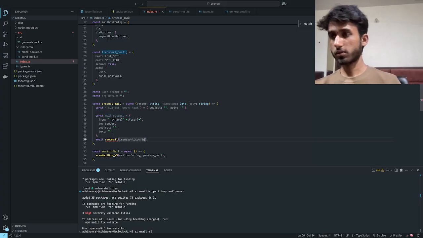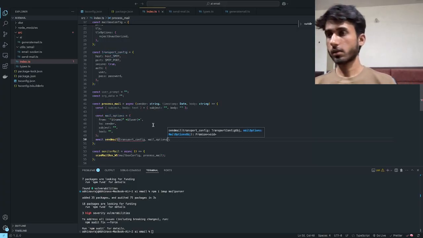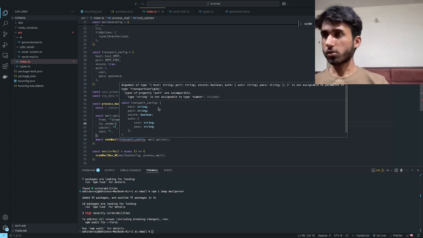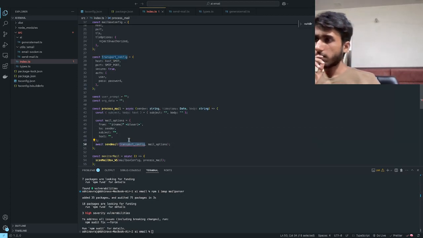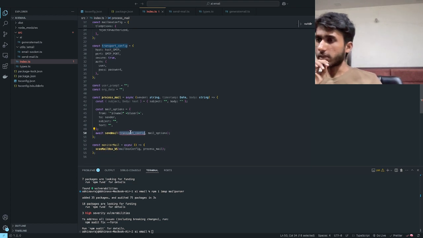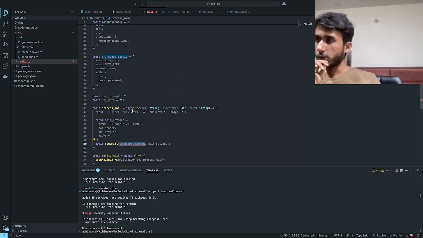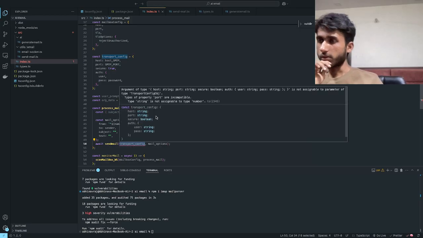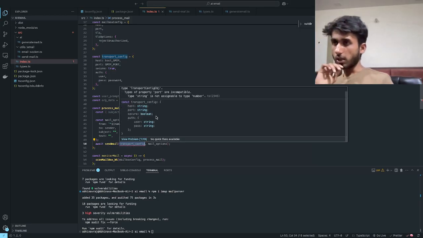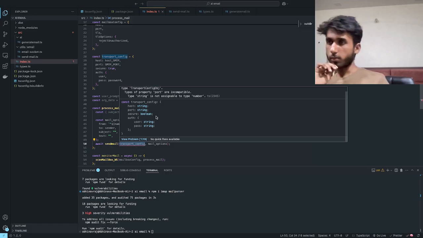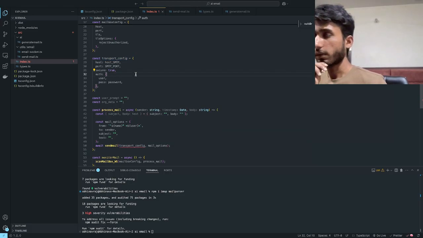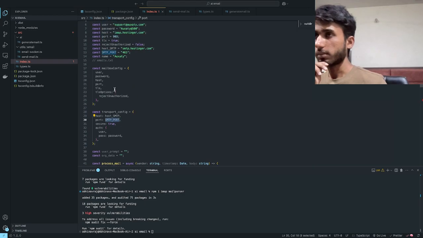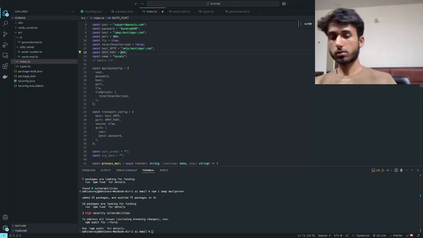Mail options, command V. Transport config had to have some kind of error. Okay, for sending mail we are doing transport config. What is this? Type transport config, type of property port is incompatible, type string is not assignable to type port. Okay, SMTP port. Okay, alright. SMTP port. Okay,